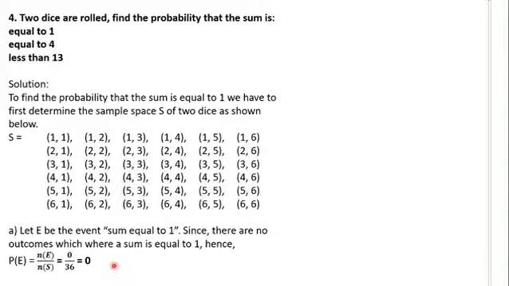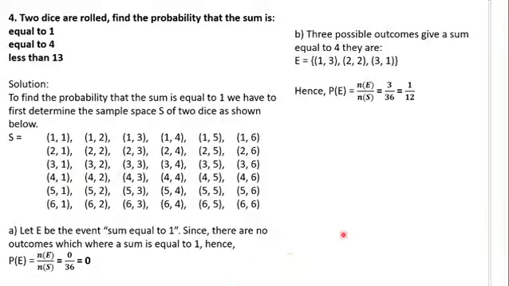So that is 0. And then next we have to find what's the probability that the sum could be 4. Now, if you look into your sample space, you can see here that if you have 1 on the first die and 3 on the second die, the sum will be 4. So that's one possibility. Of course, if you have 2 in the first die and 2 in the second die, that will give you 4 as well. That's 2 possibilities. And then lastly, if you have 3 in the first and 1 in the second, you also have the same.